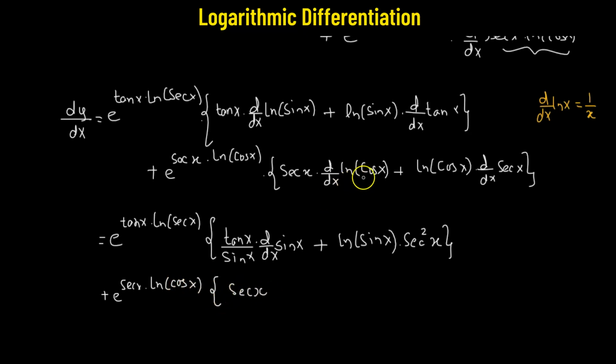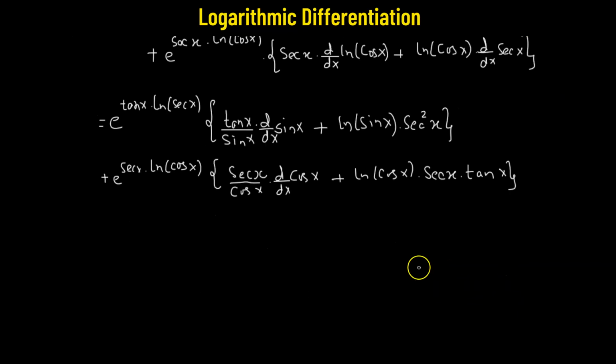Now we have the derivative of the logarithmic function, which is log of cosine of x. So we have 1 divided by cosine of x multiplied to the derivative with respect to x of cosine of x, plus log of cosine of x multiplied to the derivative of the secant function, which is simply secant of x times tangent of x. Right. Now we have e raised to the power of tangent of x times log of secant of x